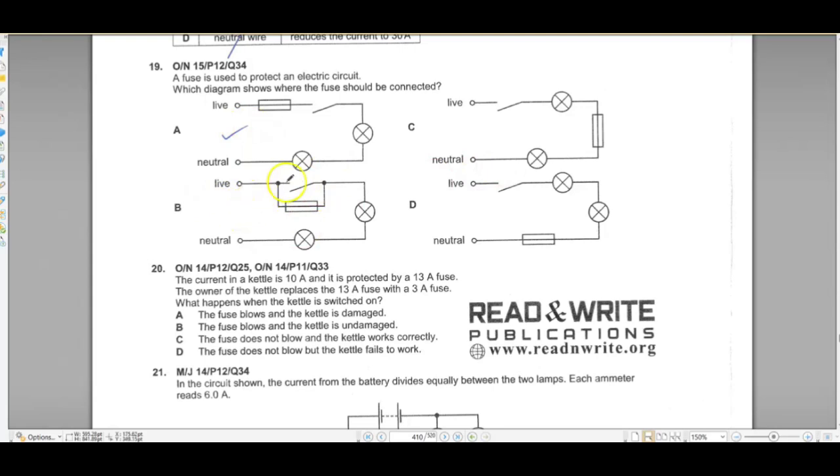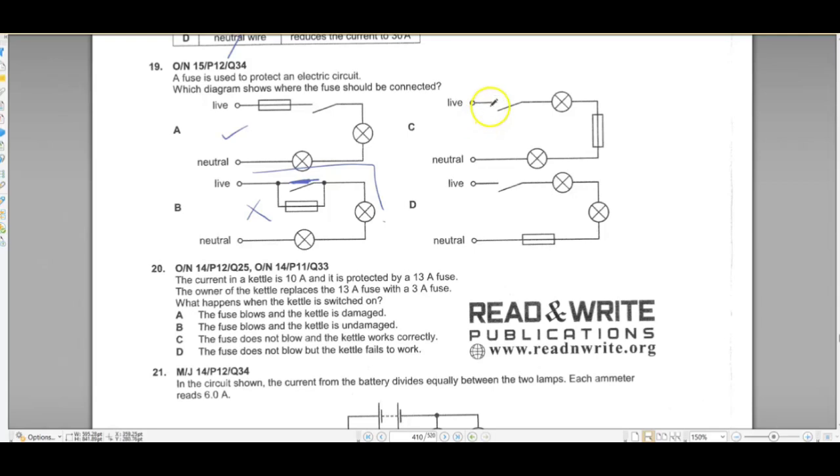Okay. Over here there is a switch. If the switch is closed, the current is not going to pass through the fuse. Current always finds a passage without any resistance. So if the switch is on, the current is going to go over here and towards all of the appliances, and it is not going to pass through the fuse. So this is not a good arrangement. If there is a current more than the required value, it is going to create problems, and there is going to be a short circuit.